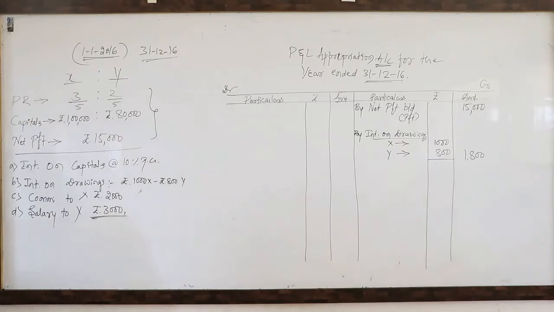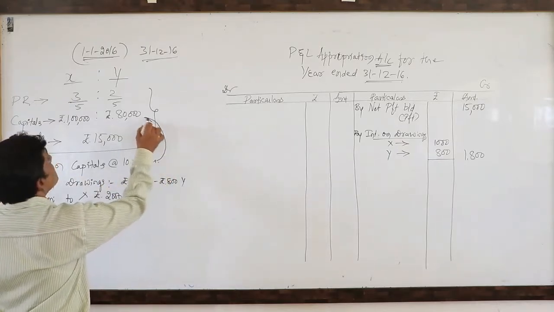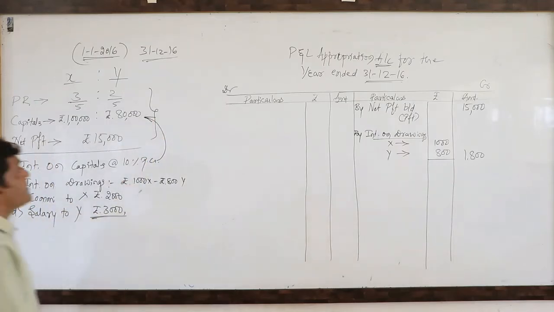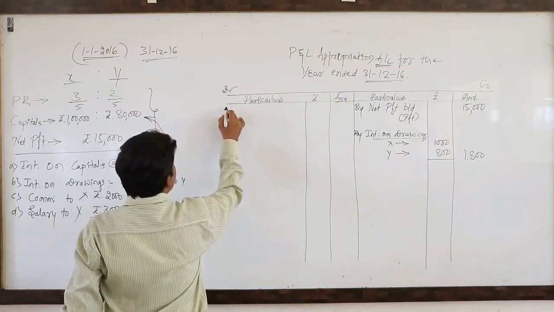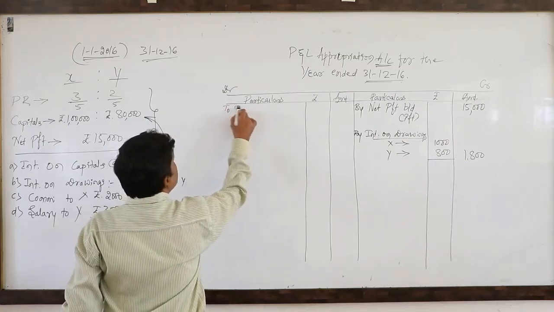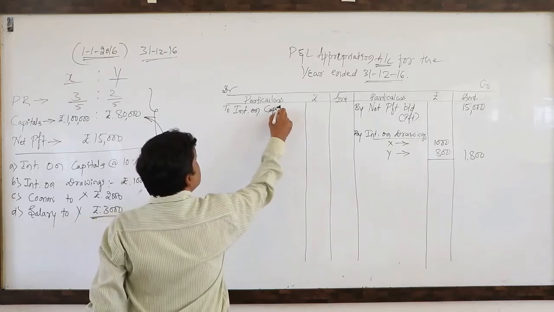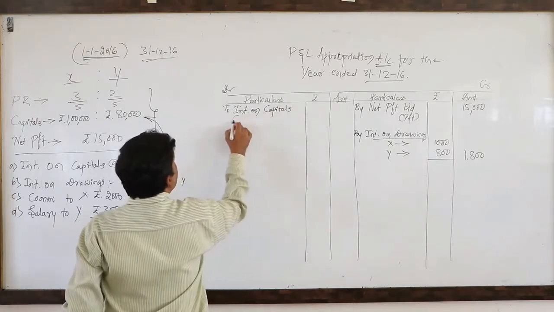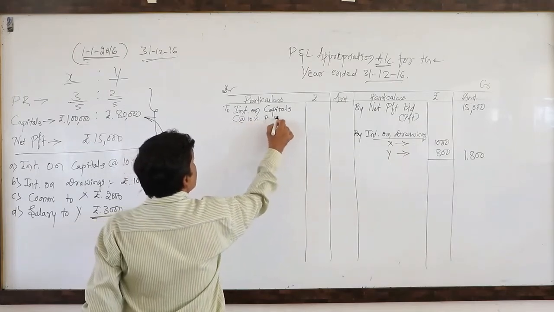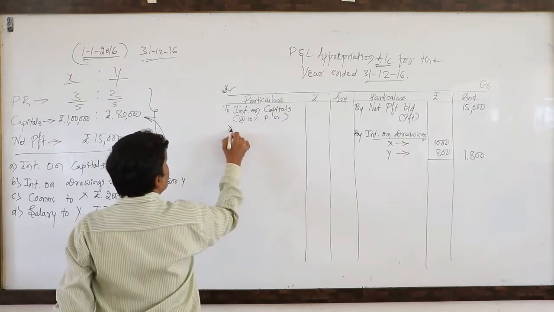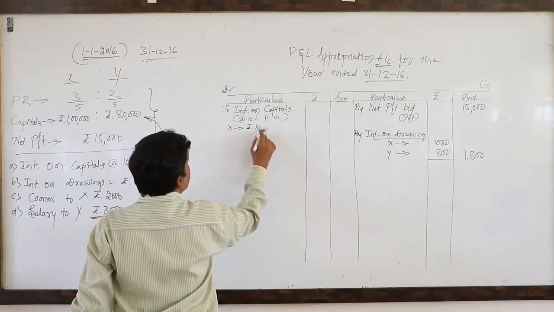So now the important point, interest on capital, here we need to consider. So it is an expense to the firm. We need to write it on the debit side as per nominal account rule. To interest on capitals at the rate of 10% per annum. Excess capital of rupees 1 lakh